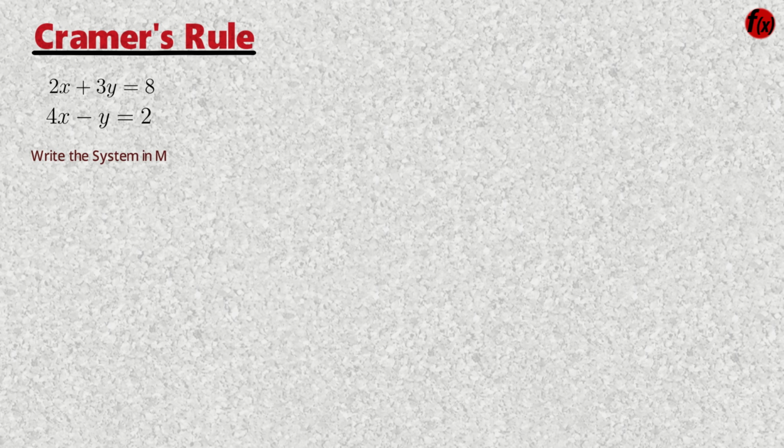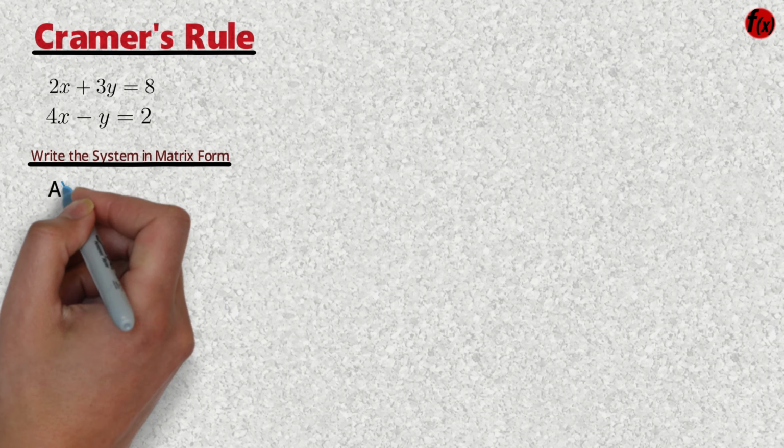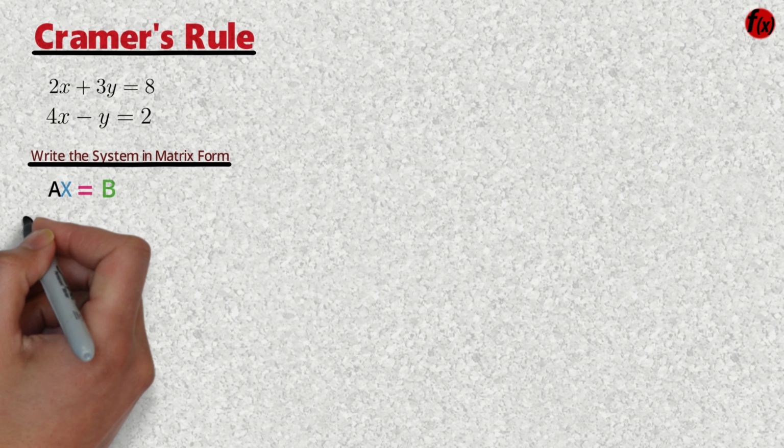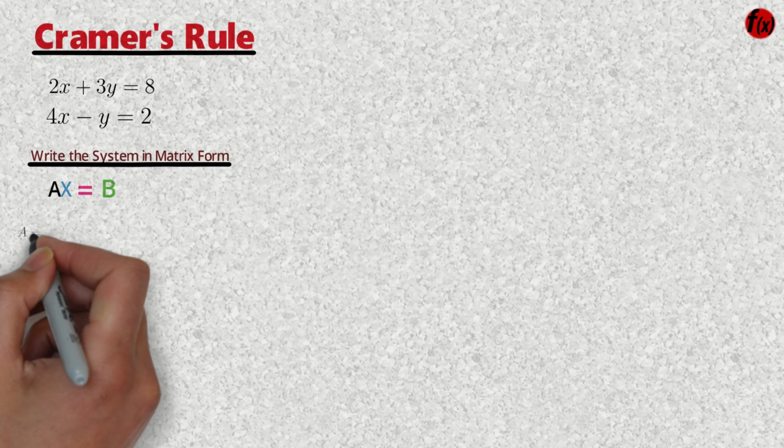Step 1. Write the system in matrix form. We can express the system in the form AX = B, where A is the coefficient matrix, X is the variable matrix, and B is the constant matrix. For our equations, we have